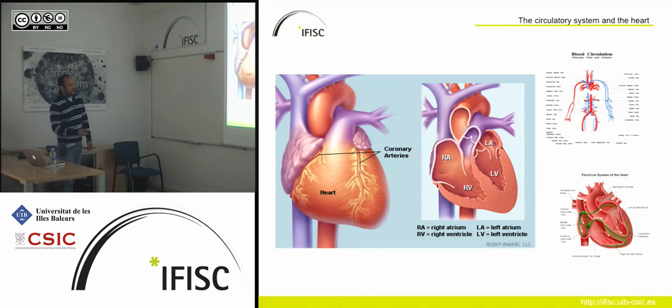The right atrium pushes the blood into the right ventricle that sends the blood to the pulmonary system, where it gets oxygenated through the exchange of gases, and it goes back through the left atrium. Then the last part that the heart does is that it receives the blood into the left ventricle, it pushes it, and then it sends the blood to every corner of the body. The left ventricle is one of the most important chambers inside the heart, because it's the one in charge of pumping oxygenated blood to the rest of the system.